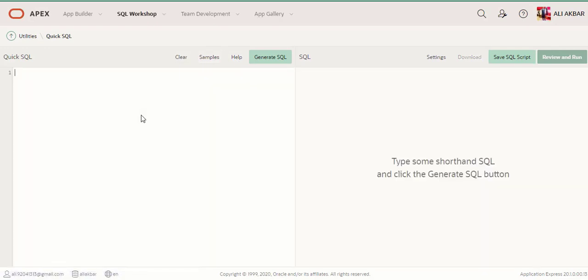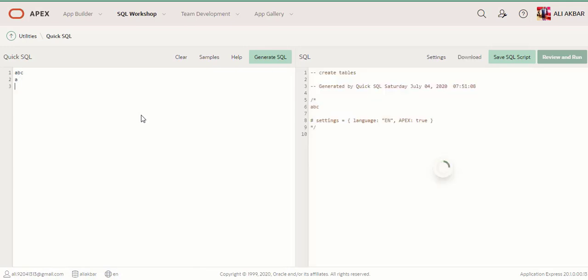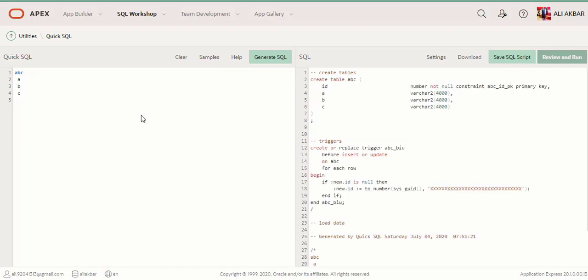One more thing: I'm creating table ABC with columns A, B, C. I just press space. You can see we can change the data type from here. I'm changing the C data type.